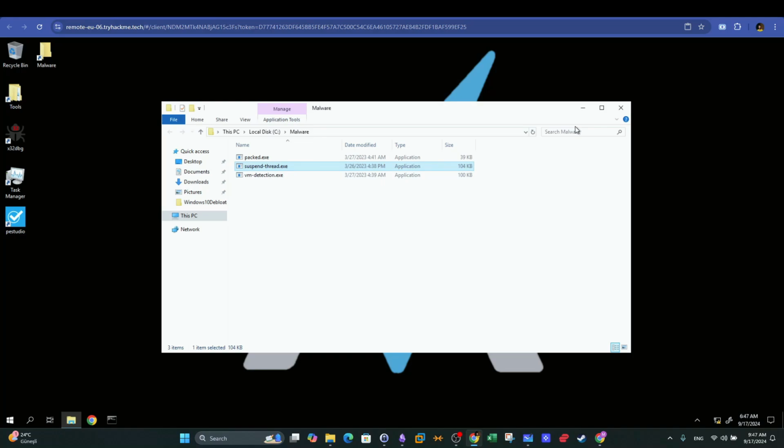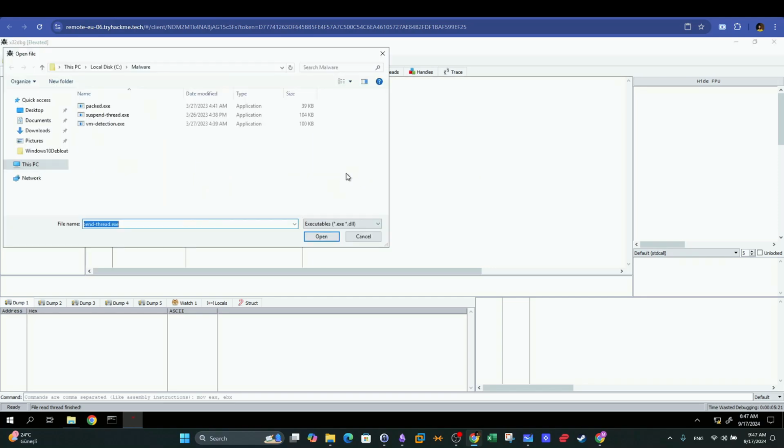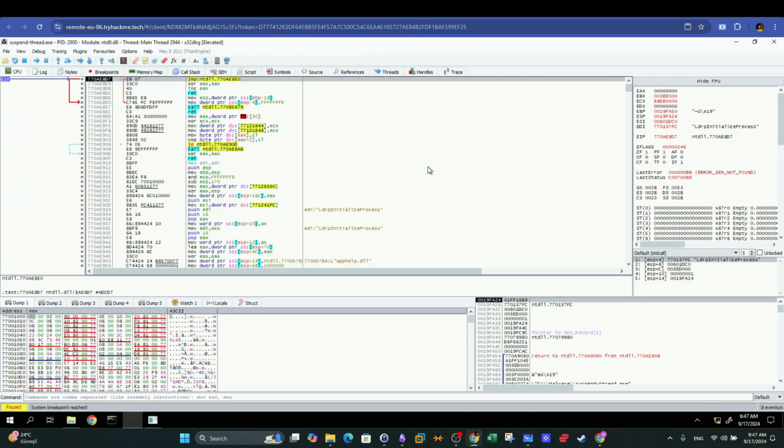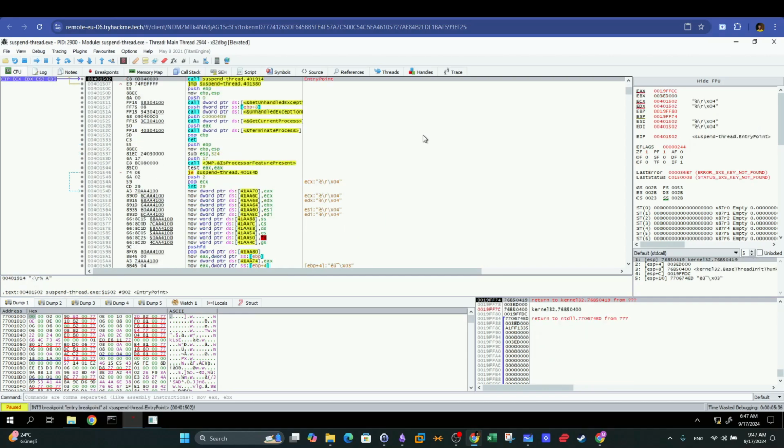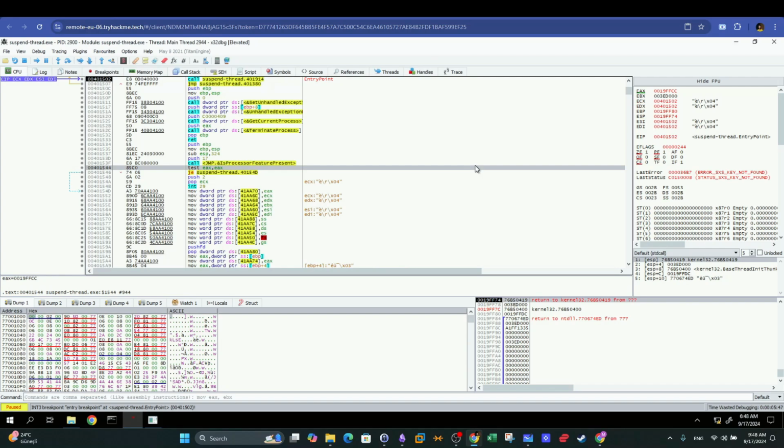As an analyst, first you want to analyze this malware using the debugger. So you go ahead and open the debugger, and from here you want to import the malware. So open suspend thread, and now the malware is imported. If you want to run the malware in this debugger, press F9 or press this button. You run, and now as you can see, the malware is running. Go here and press F9